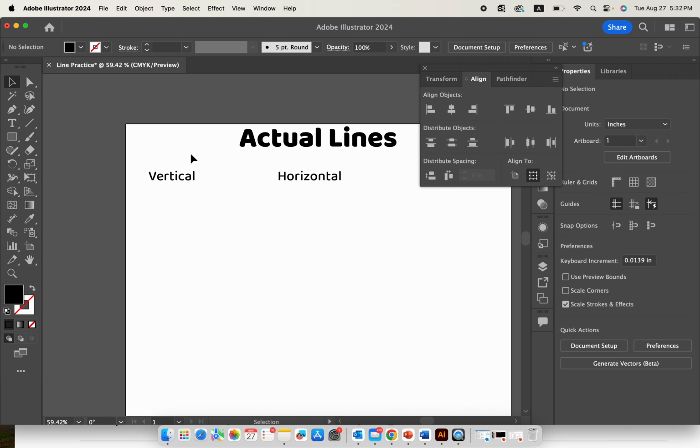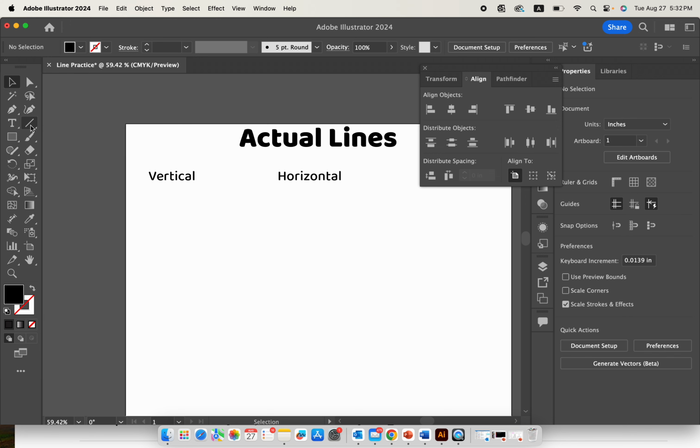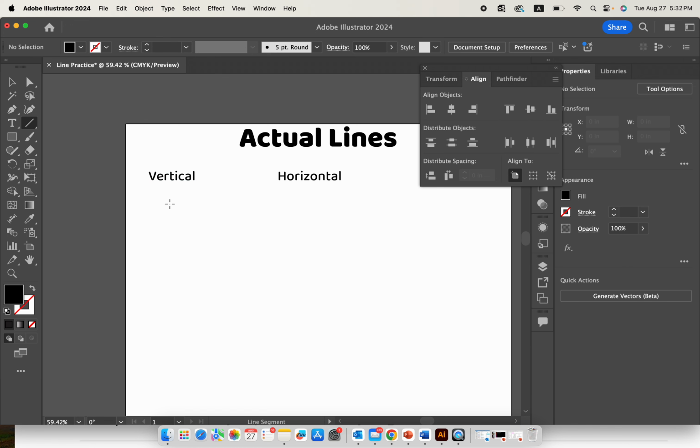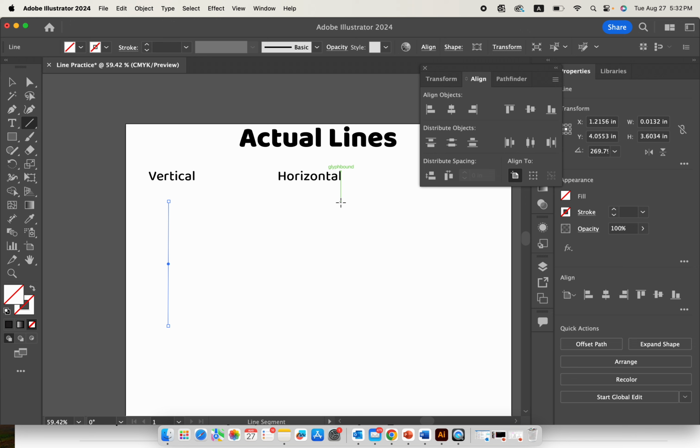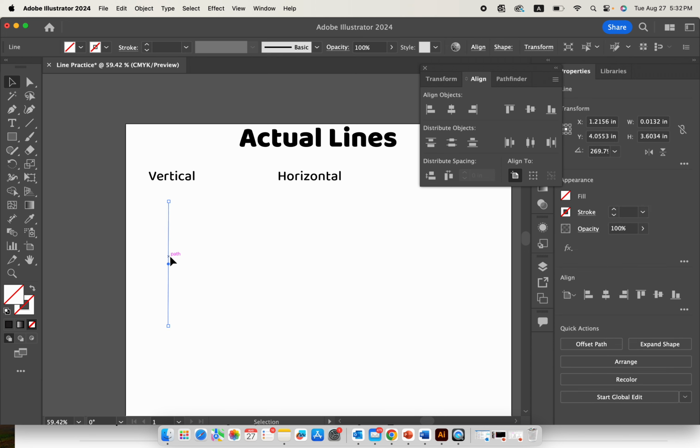Yeah, so let's go to the vertical line. Let's use the most basic drawing tool. The line tool will be the line segment tool. You see here is the shortcut key of the line segment tool. Yeah, so I draw a vertical line, but you can find that there's no color, right? There is just a stroke here. It's a stroke, but there's no color. Why? Because